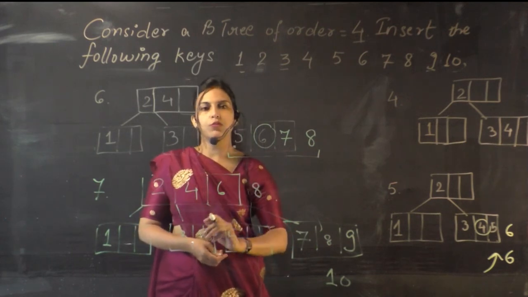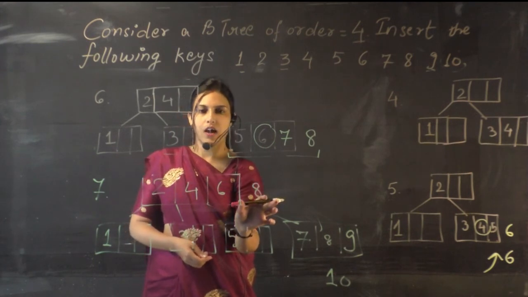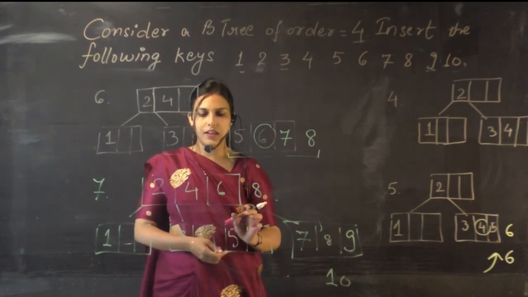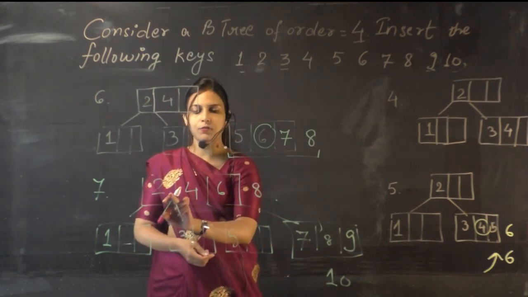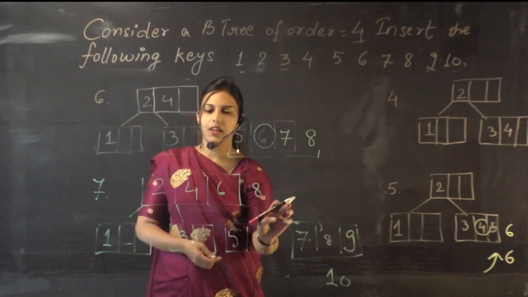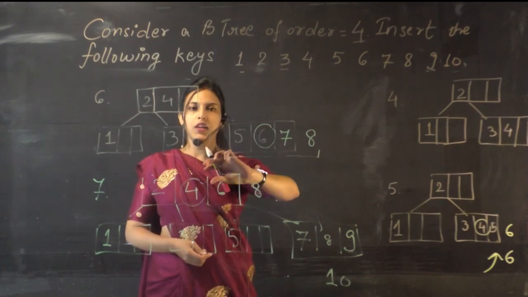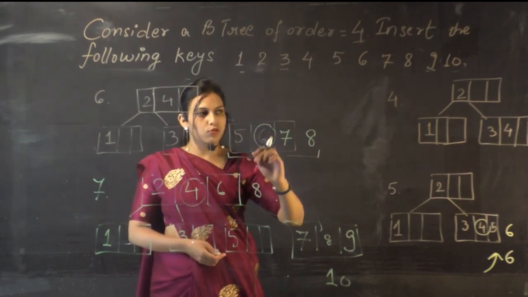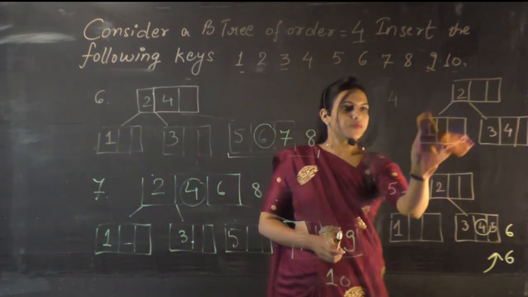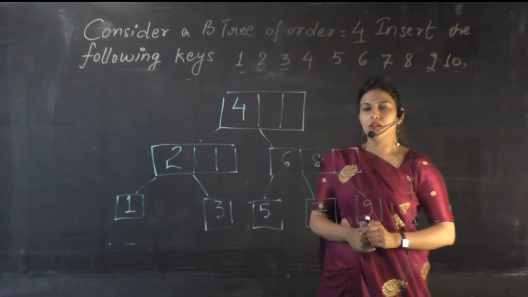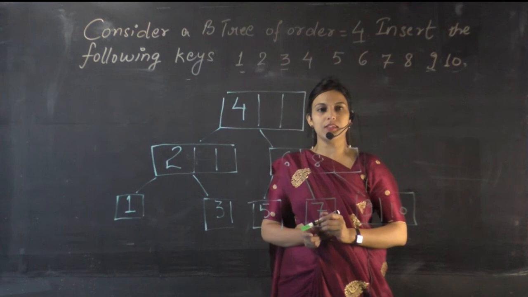Now when 8 will be moved towards the root position, here also 4 elements are occurring, but we can store only 3 elements here. So again we have to find out the median here. So the median for values 2, 4, 6 and 8, the median is 4. So here the 4th element will be moved towards the root position. So now the structure of the B tree will change. So after 10th element has been inserted, this is the final B tree that we got.